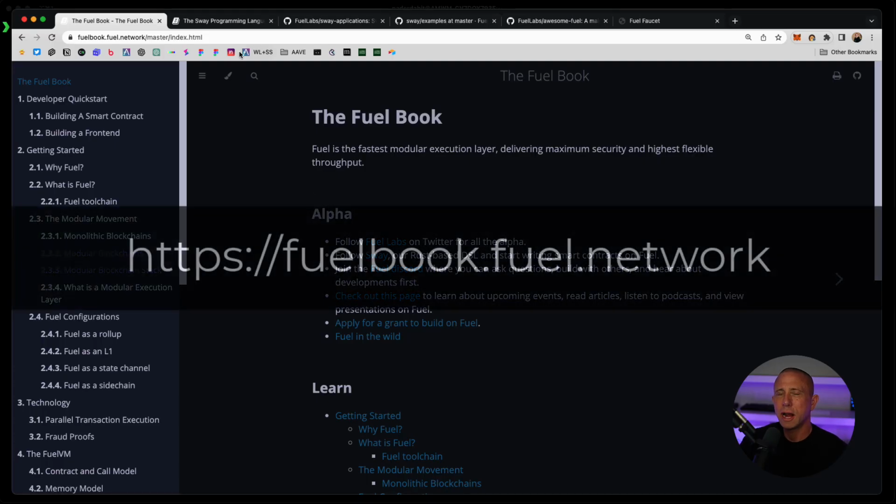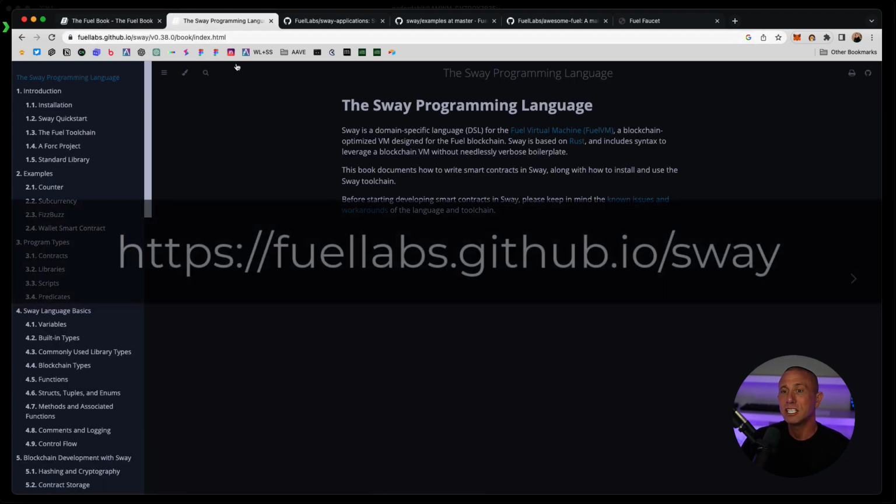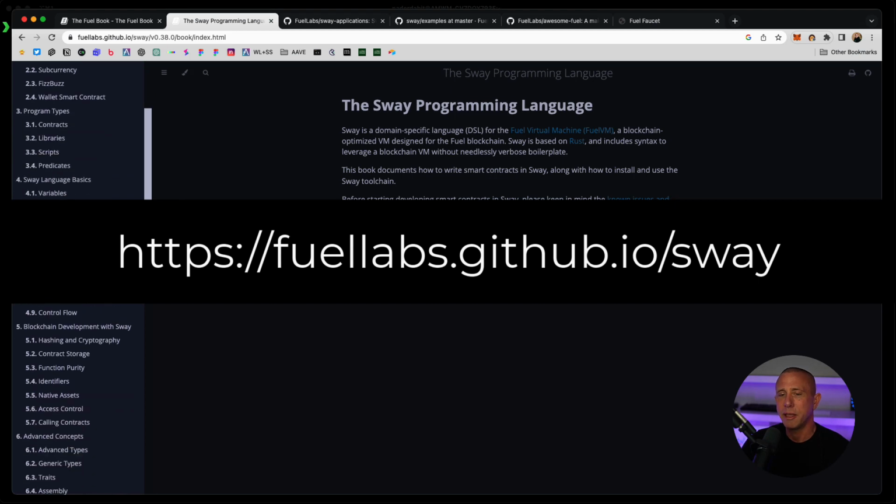Before we get started, I want to go over a couple of resources together. The first is the Fuel book. This is what we're going to be following along for our developer quick start. Next is the Sway book. This obviously dives more into the Sway programming language if you want to go beyond Hello World, which we're going to be kind of covering today, and you want to learn anything about the language,